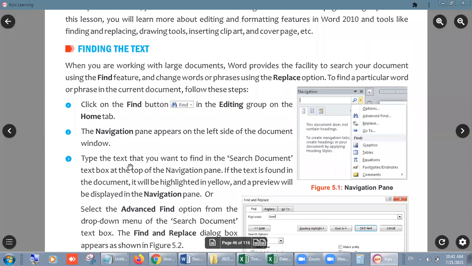Type the text that you want to find in the Search Document text box at the top of the navigation pane. If the text is found in the document, it will be highlighted in yellow and a preview will be displayed in the navigation pane. Okay, let's do it.